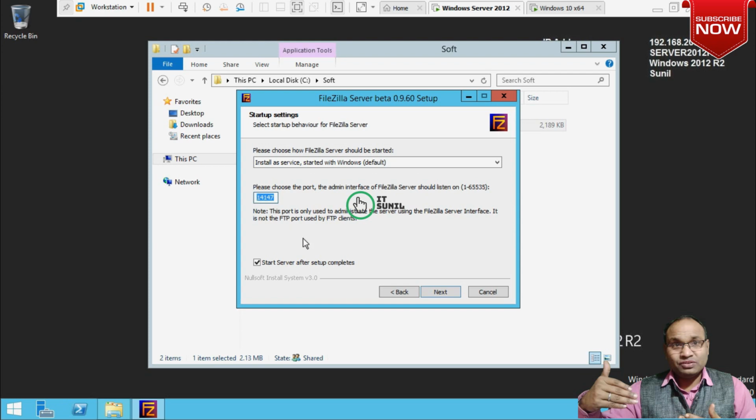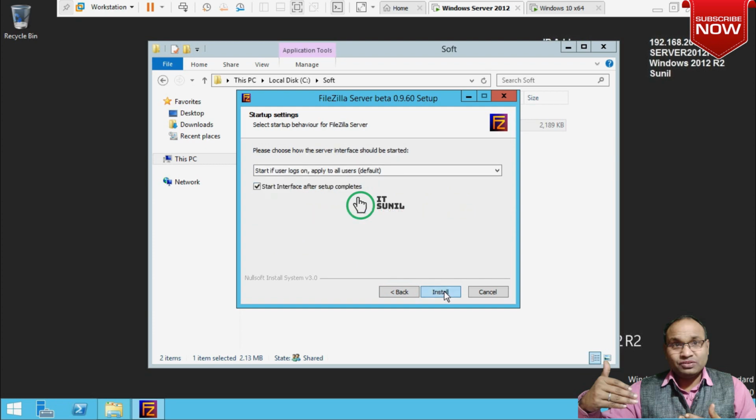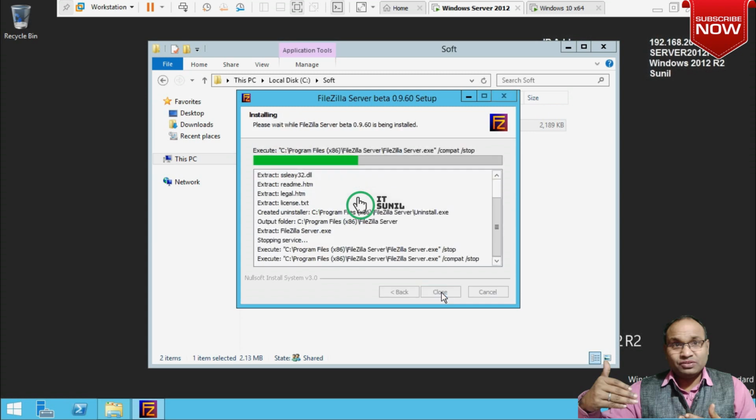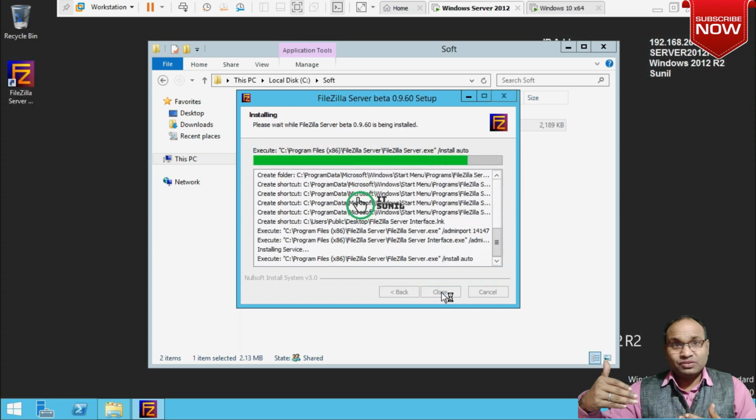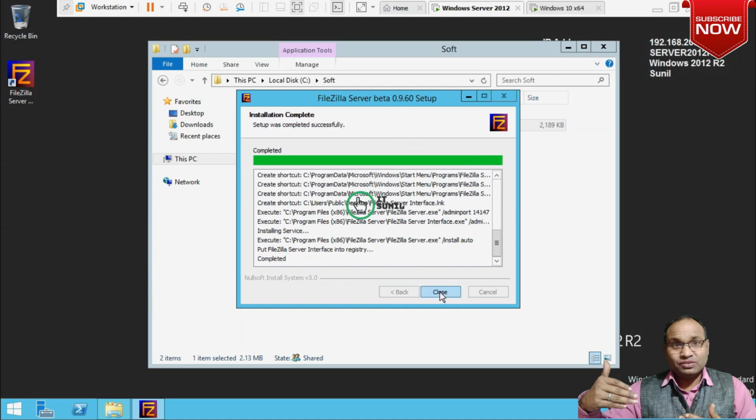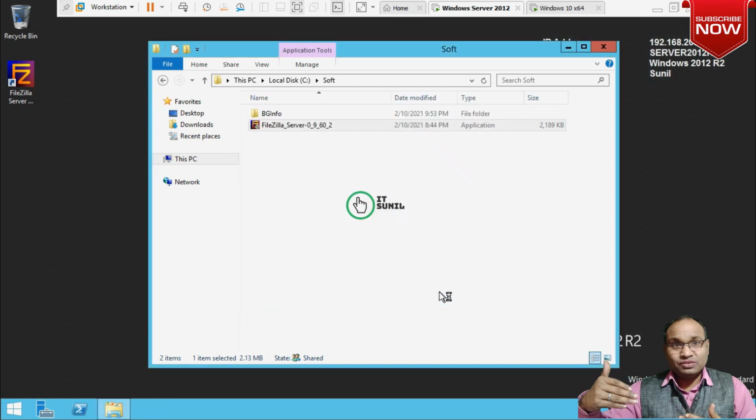I'm going to leave it default and click next. And install. Very simple and very lightweight application. Then click close.